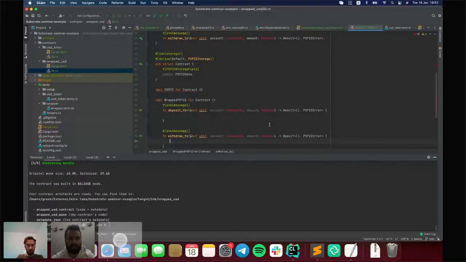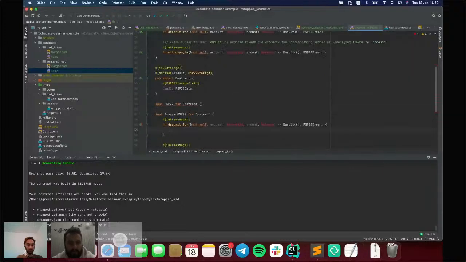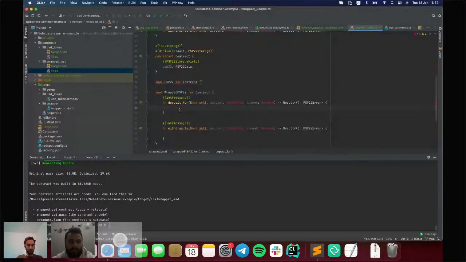Okay. The idea of the deposit method is that someone will call that method on the current contract, so the wrapped contract will try to transfer some tokens.